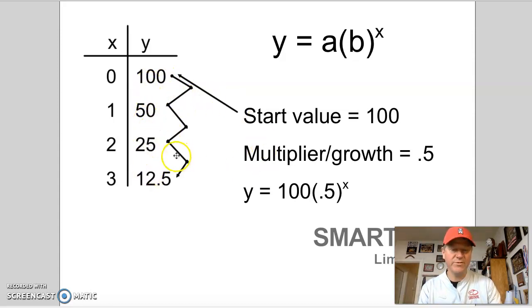And remember the trick I showed you before we got away from school was we take this number 50 and divide it by 100, 25 divided by 50, 12.5 divided by 25. That will give you your multiplier, your growth rate. In this case, it's decay. And so we put it right there. So the correct answer was y equals 100(0.5)^x. That's our growth rate, 50% decrease each time to the x power, when x would represent the values here on